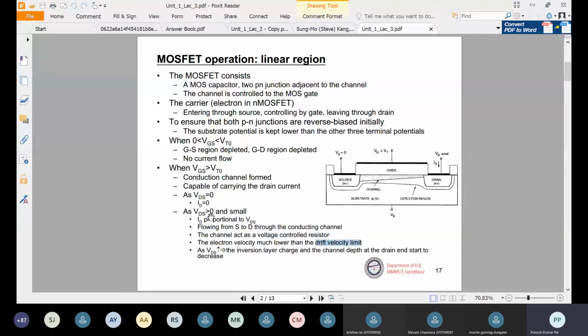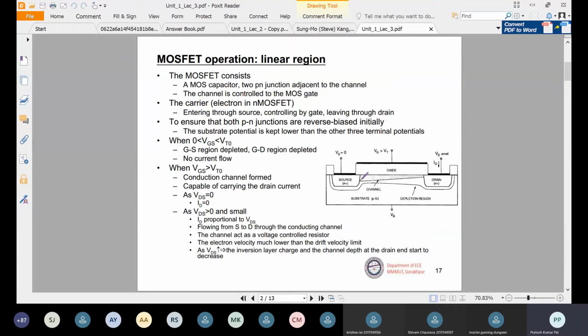It is greater than zero but small. Then at that time, that electron velocity will be lower than the drift velocity. Okay. So as we are increasing the drain voltage, the inversion layer charge and the channel depth at the drain starts to decrease. So what happens as we are increasing the drain voltage? So what happens initially? The charge initially